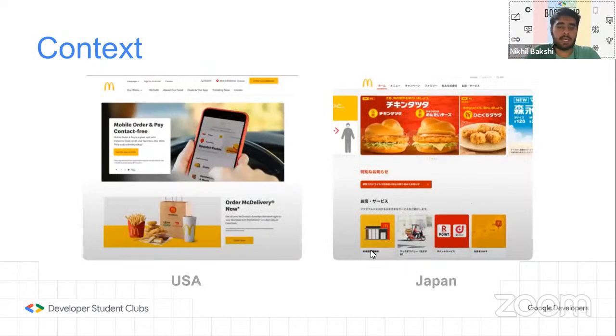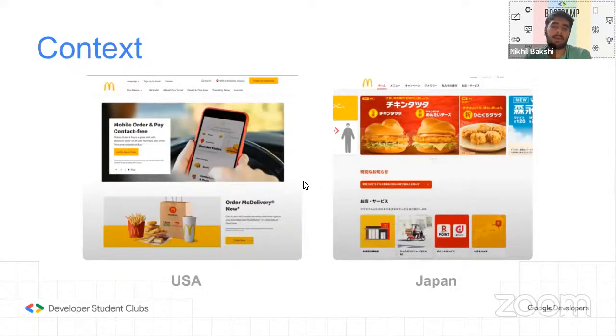Here's just an example of context. This is the McDonald's website in the USA and in Japan. And you will notice, on the first glance, that on the Japan side, the red color is more apparent as compared to the US website. This is basically because in the USA, red color is thought of as a danger signal, and it's not really properly used. Whereas in Japan, red color is much more of an auspicious color, and people relate it to their culture and their traditions. That's why McDonald's is using more of it on their website in Japan,